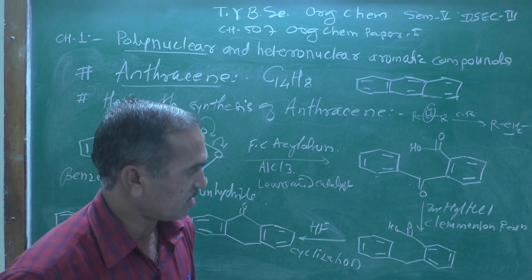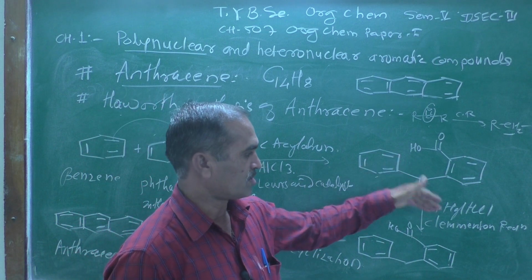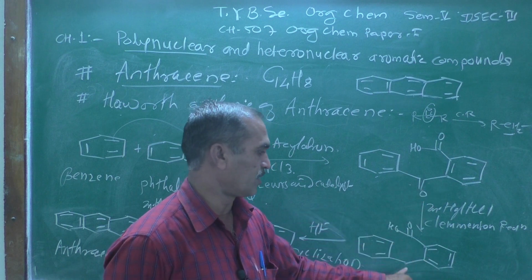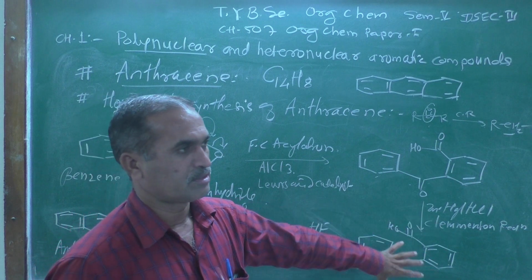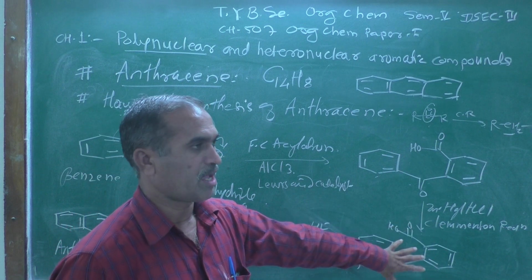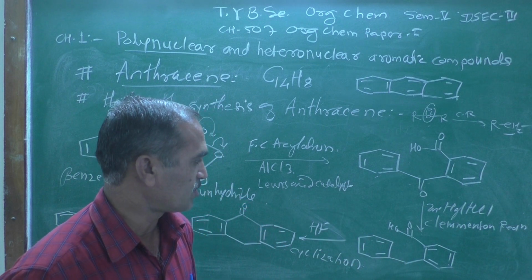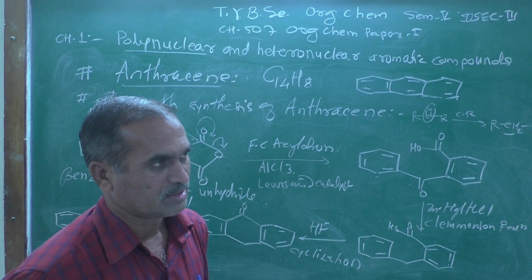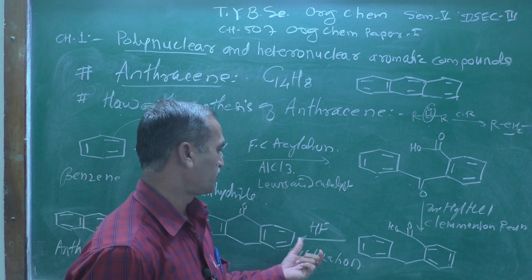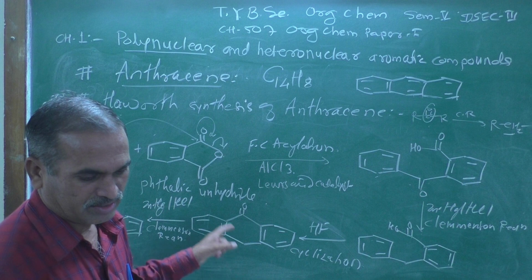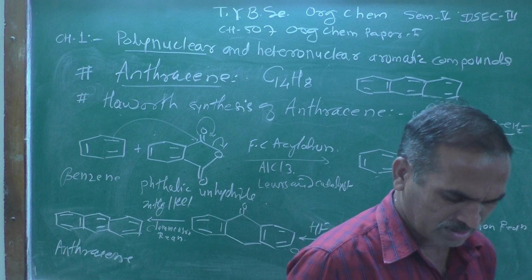ZnHg in the presence of HCl. This is one of the famous reducing reagents, the Clemmensen reduction. According to that, it gets reduced, and they got this intermediate. With this acid group in the proper orientation, HF is used as a cyclizing agent. Cyclization is carried out, we will get this type of intermediate, and finally we will get the desired